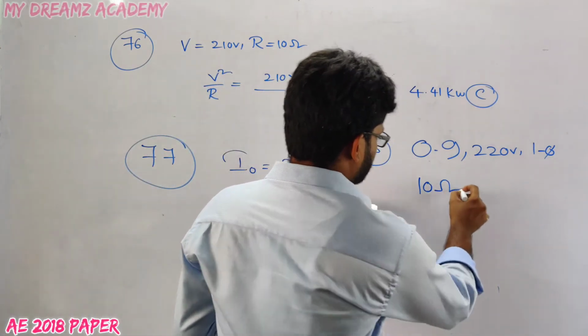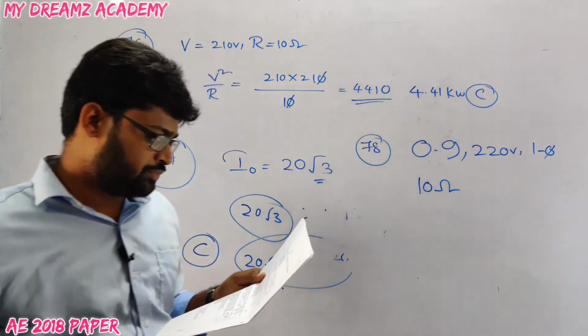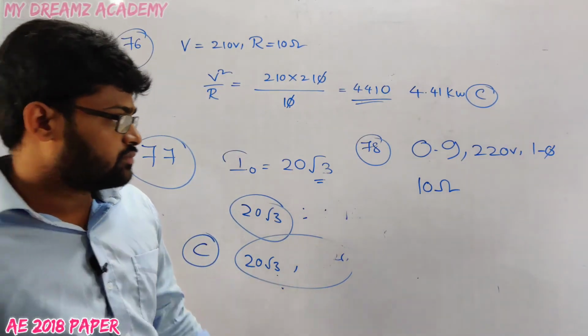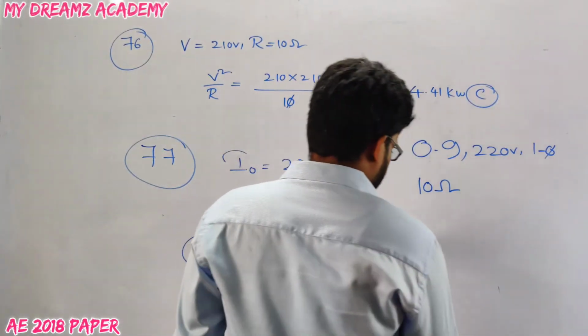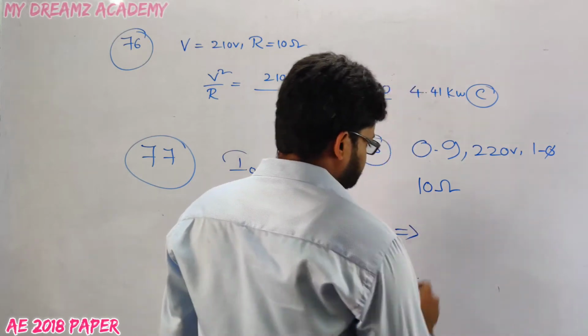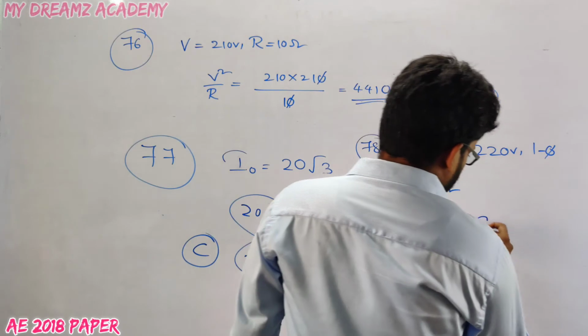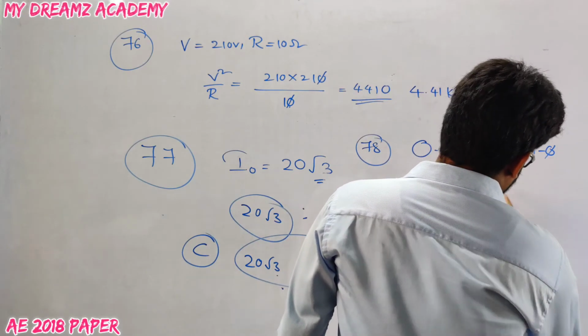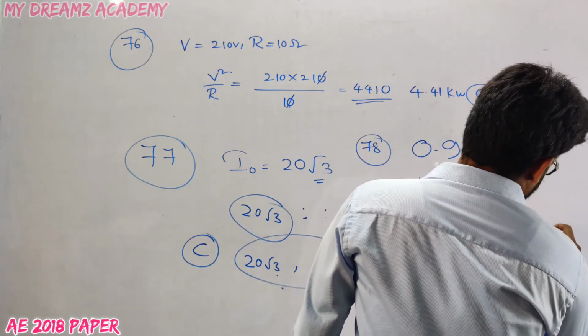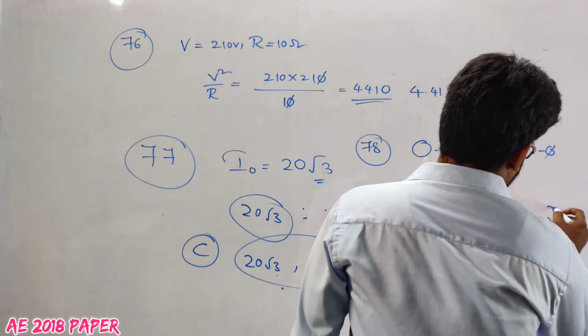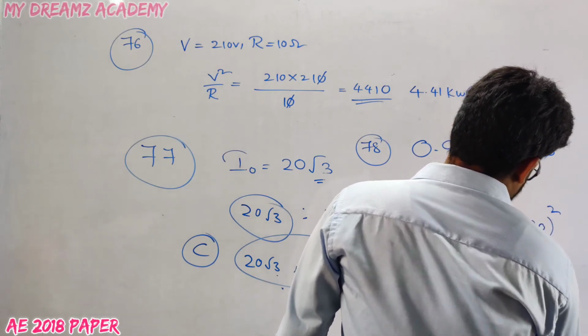The load is a resistive load, value is 10 ohm. Then we need to calculate the output power. Sir, the output power